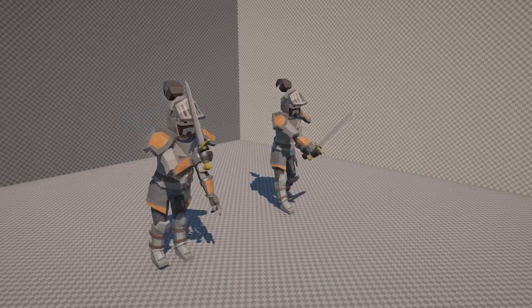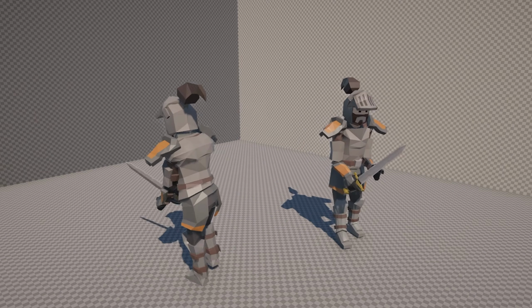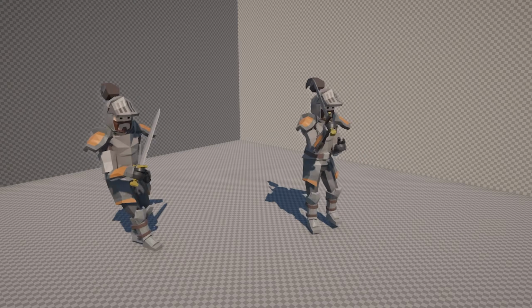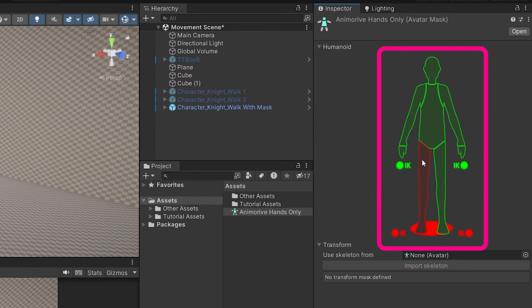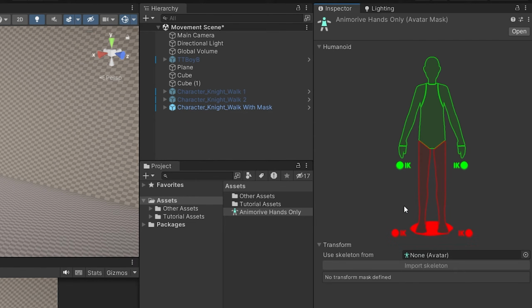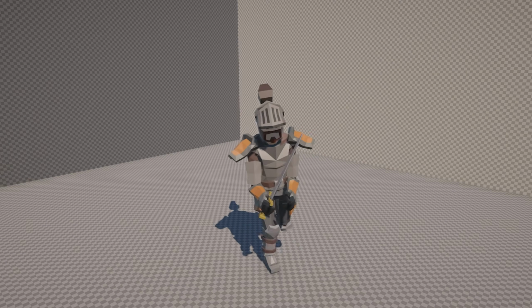You can also record the leg movement in your animations, but the result looks only okay. They aren't that great. To improve that, you can use the avatar mask feature of Unity and disable leg movement for your animations recorded with Animotive, and use the generic walk animation for the leg part and your animation for